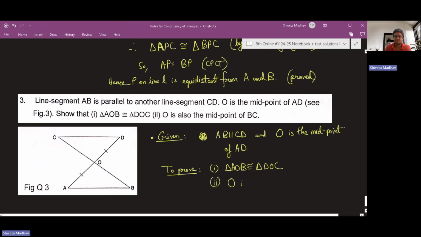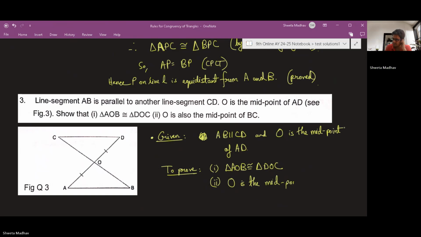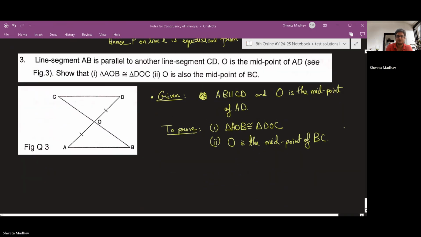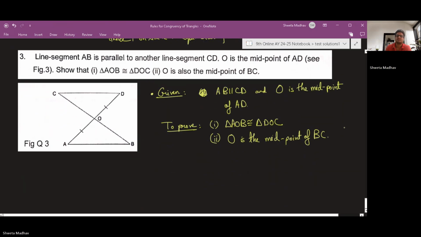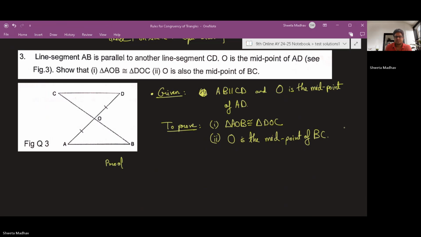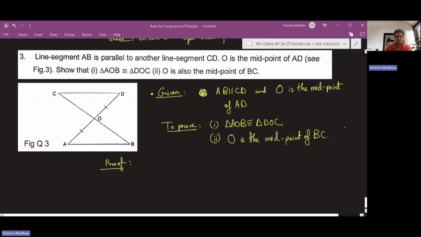And O is the midpoint of BC. And the proof states that